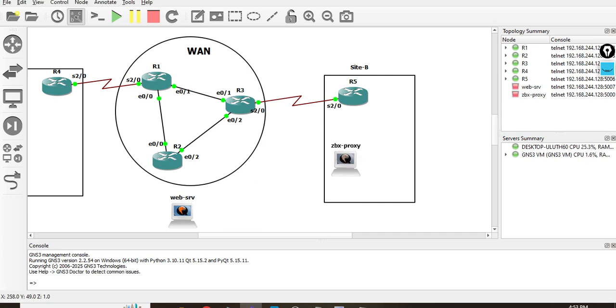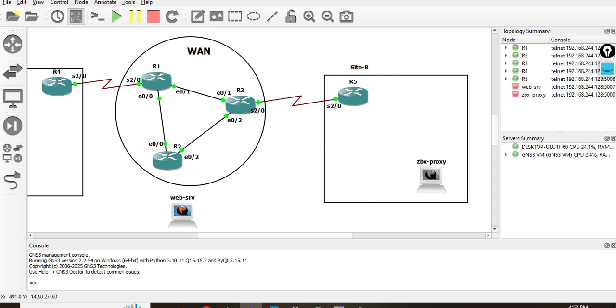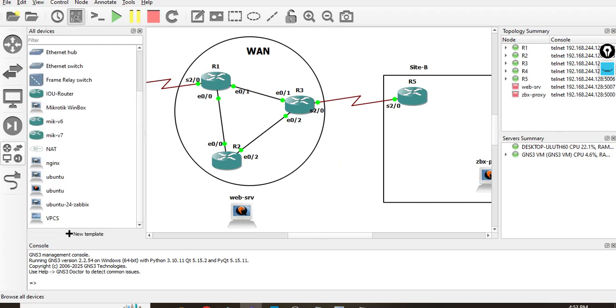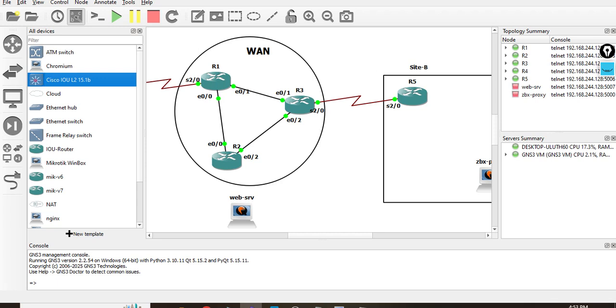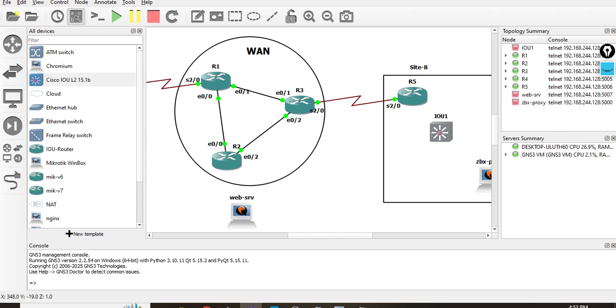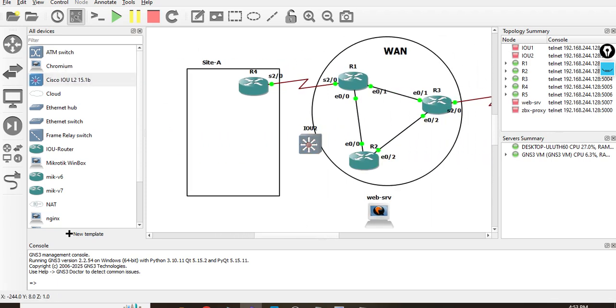I want to use a Zabbix proxy here, and before it I want to add a Cisco switch here and here too. Okay, I will use